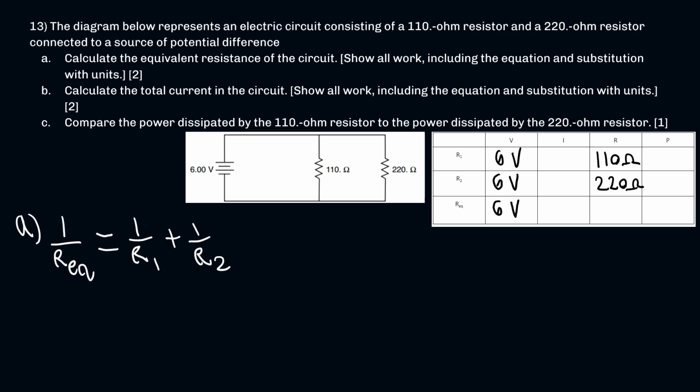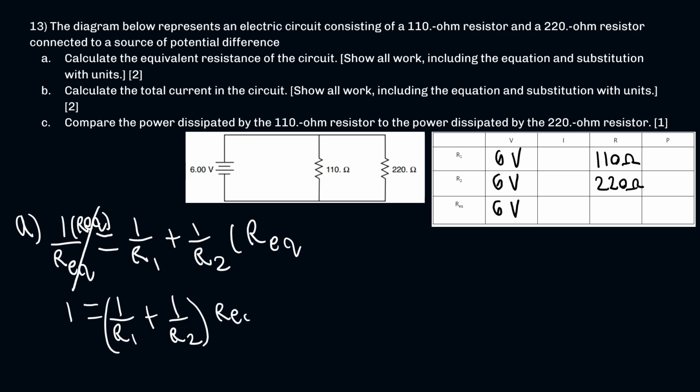So the first thing I want to do for this is, since REQ is on the bottom and I wanted to get it on the numerator, not in the denominator, it's being divided by 1 in this situation, so I can multiply it on both sides. So 1 times REQ. On the top, this will cancel this out, and it'll move it to the right side of the equation. So I have here that 1 is equal to 1 over R1 plus 1 over R2